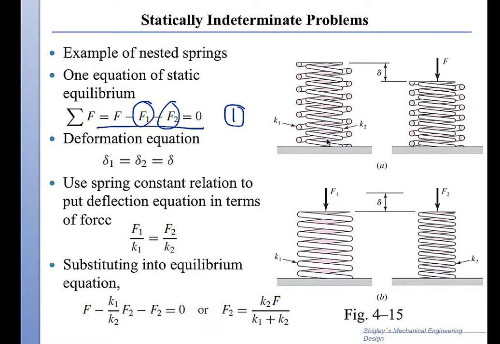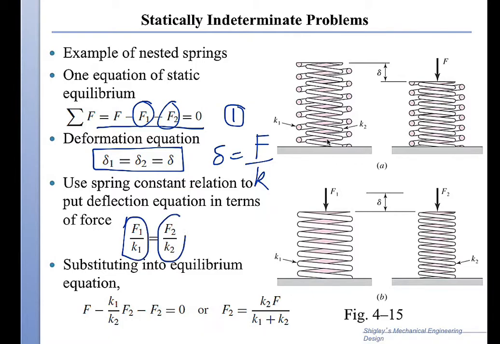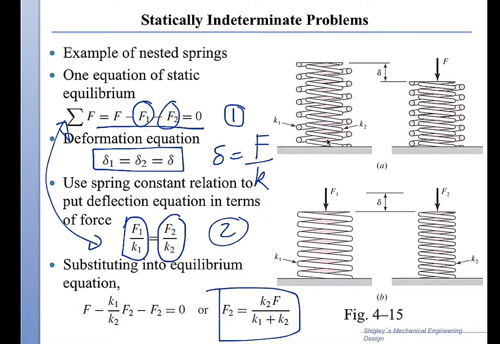Therefore, for me to determine the two unknowns, I have to use the deformation equation. The deformation equation is delta 1 is equal to delta 2 is equal to a delta, and delta is F over K for any spring. So F1 over K1, this is delta 1, is equal to F2 over K2. So this is equation 2. If I solve equation 1 with equation 2 together, then I find that F2 becomes K2 over K1 plus K2